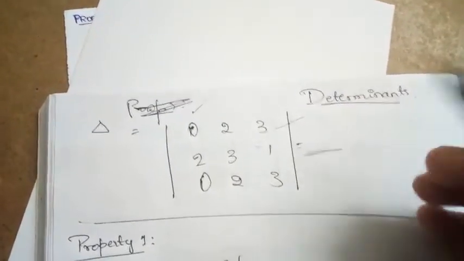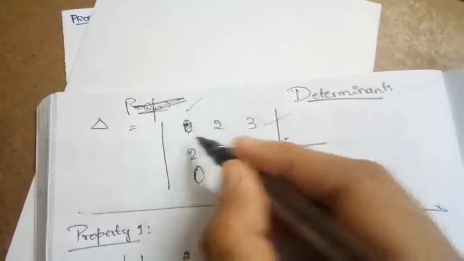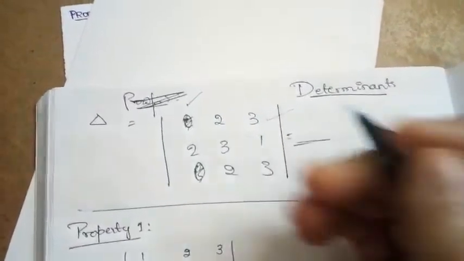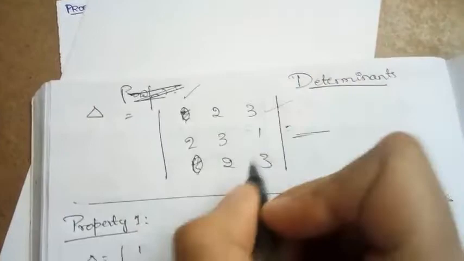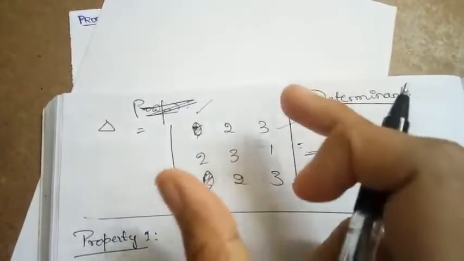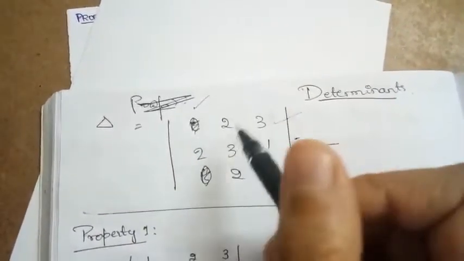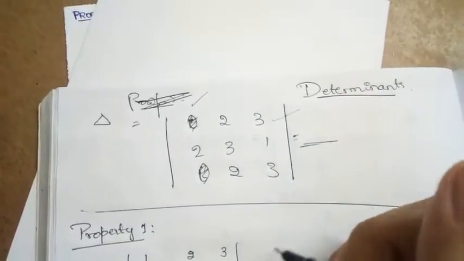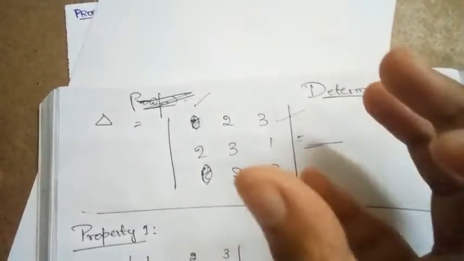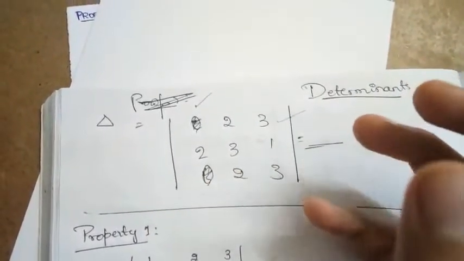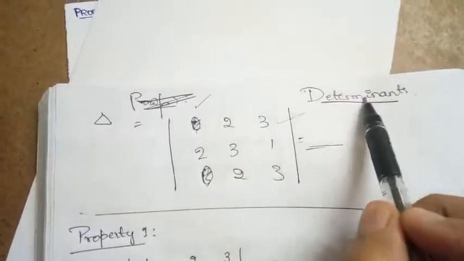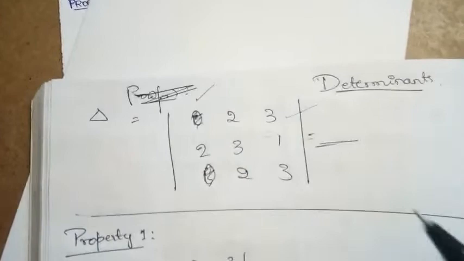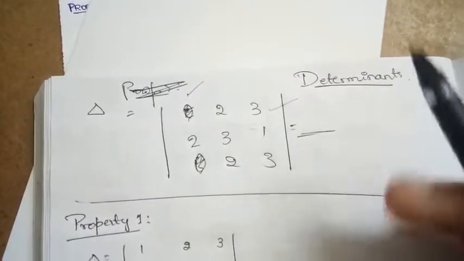Suppose there is a matrix with no zeros at all, or with some complex elements, not a complex number, complex elements within the matrix, and we need to find the determinant value of that matrix, then it will be a bit difficult expanding it either through the row or a column. For that simplification, we have come across some of the properties regarding the determinants. So let us go with those properties one by one.